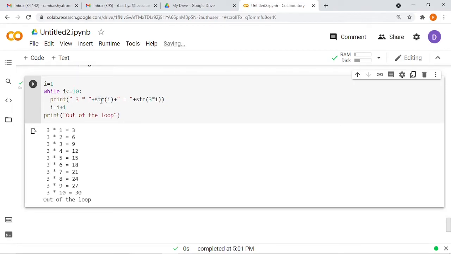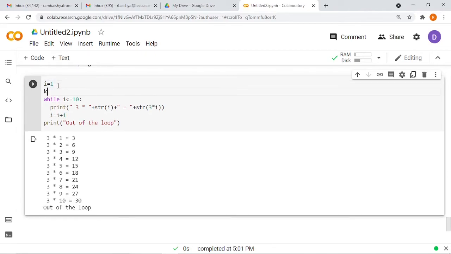But let's see, is there a better way of writing the program so that whatever changes we have to do in the program are minimal? Fortunately, there is a way. What is the way? A standard way of doing it is, instead of hard coding this number 3, the way I have written it here, we can make use of a variable. Let's say this number for which we want to print the multiplication table, let's call that number, say, key number. Okay, this is a variable name,